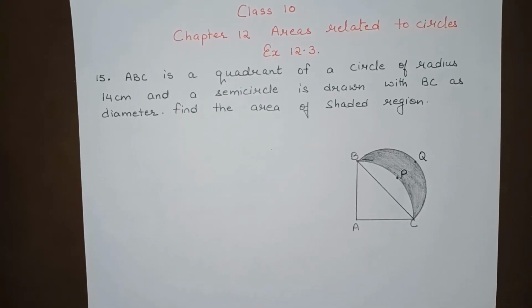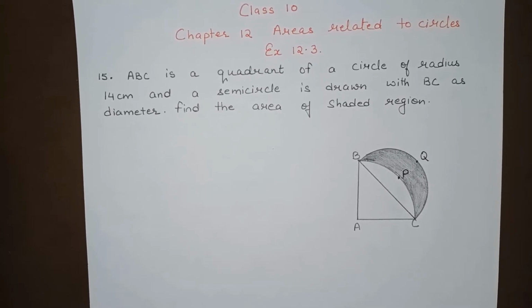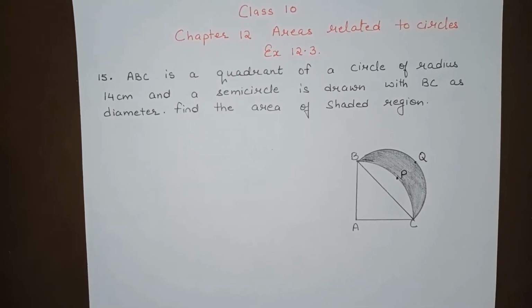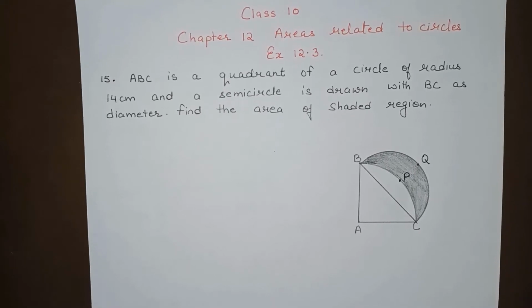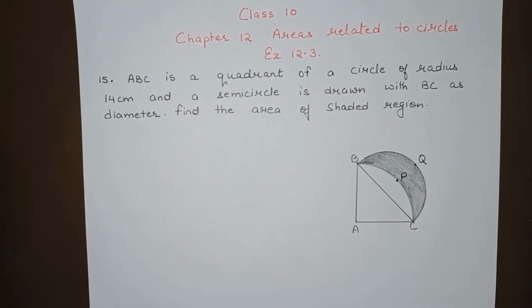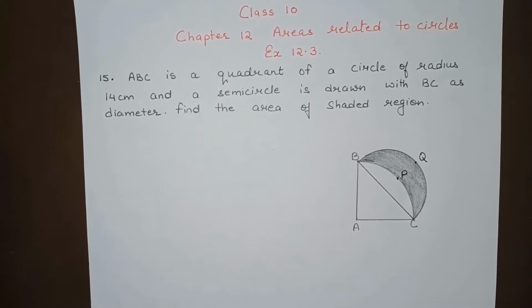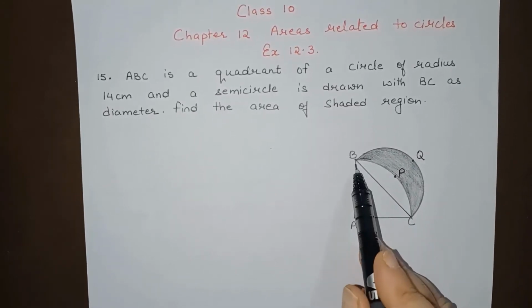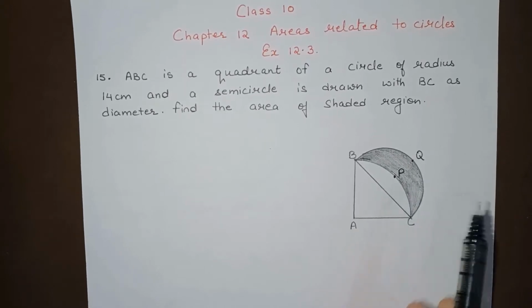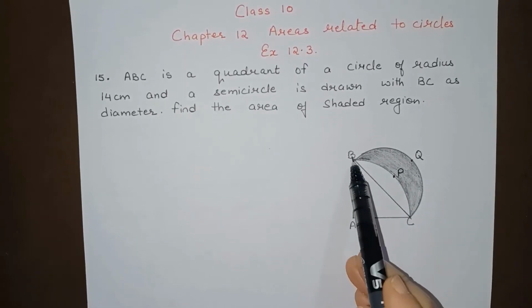Hello everyone, today we will do class 10th chapter 12th, areas related to circles, exercise 12.3, question number 15. ABC is a quadrant of a circle of radius 14 centimeter. Now see, they are saying ABC, that is this. We can write P over here. So ABC,